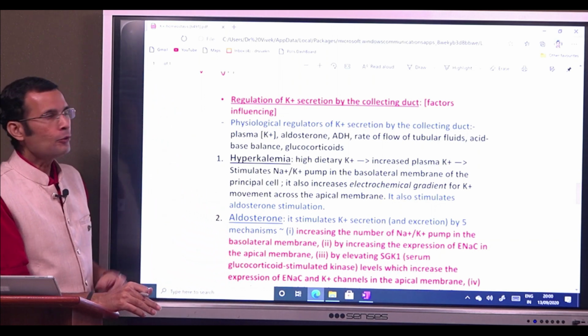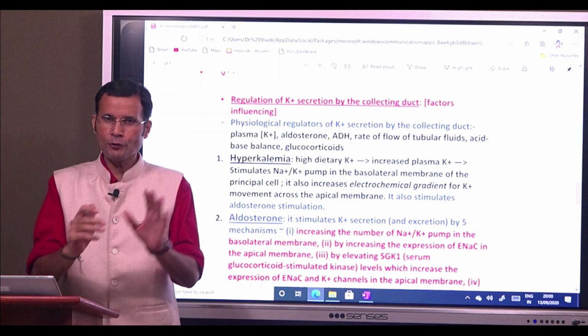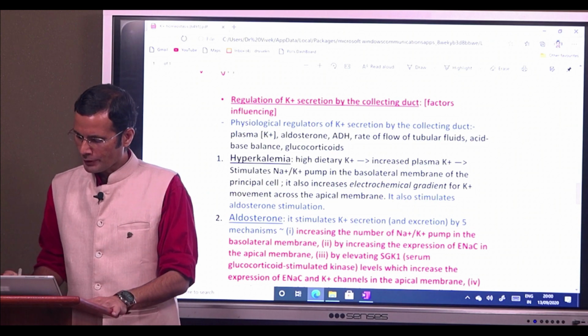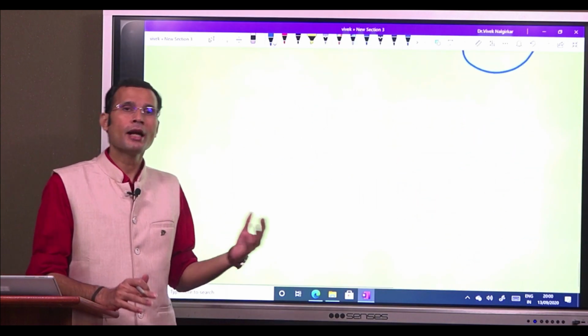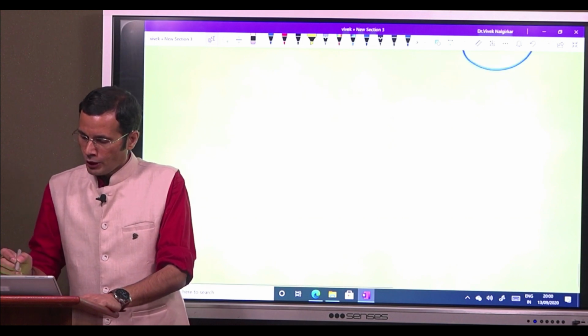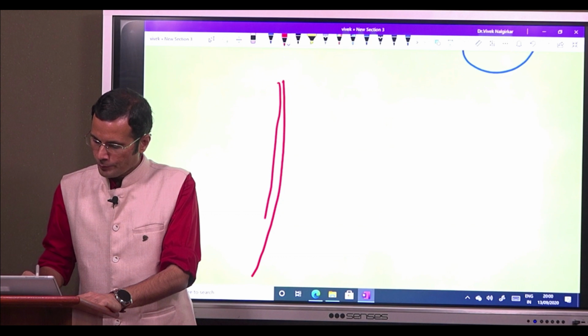Let's see how this potassium secretion by the collecting duct is regulated. First of all, let's see what happens at the collecting duct. Then we have a fair idea about how it handles further. The collecting duct basically has